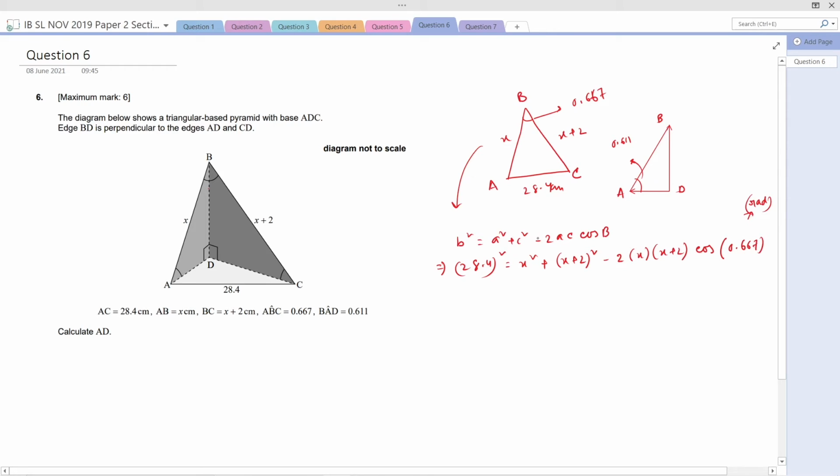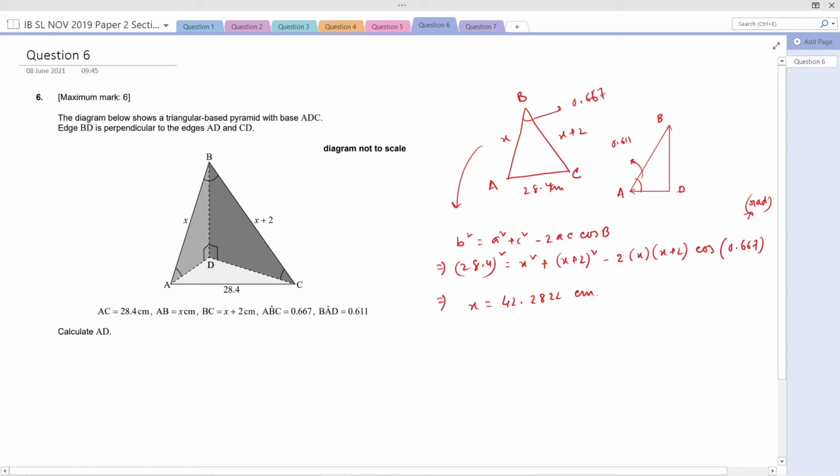And here, the equation is only in one variable, so obviously you can calculate the value very easily. So the value of x will be 42.2822 centimeter if you use calculator to calculate this. Okay, now we need to find out the value of AD.